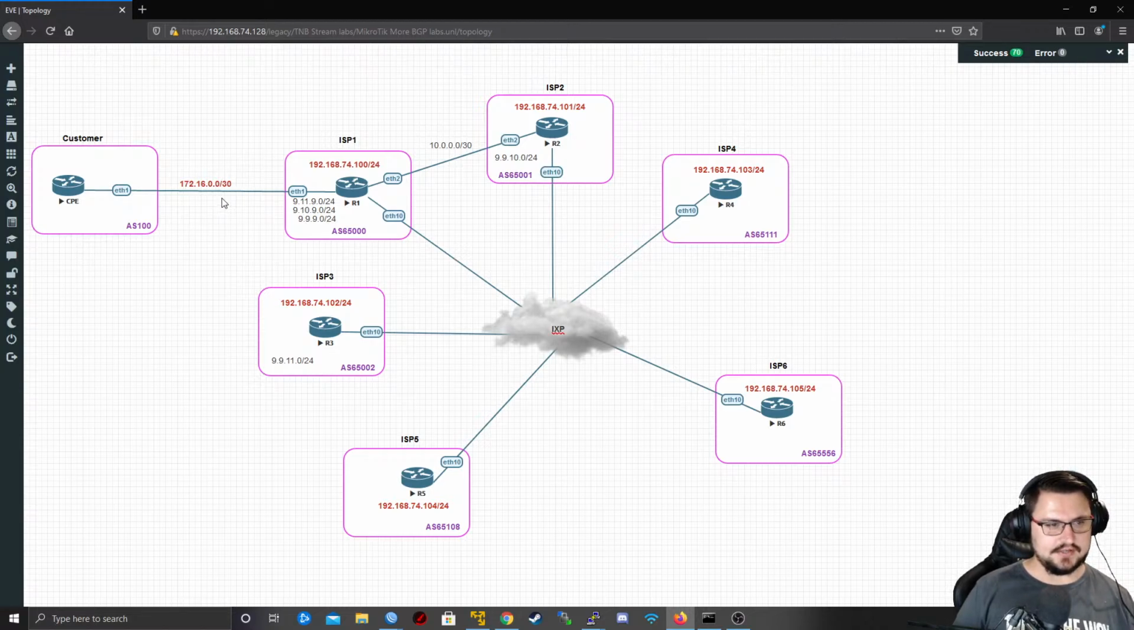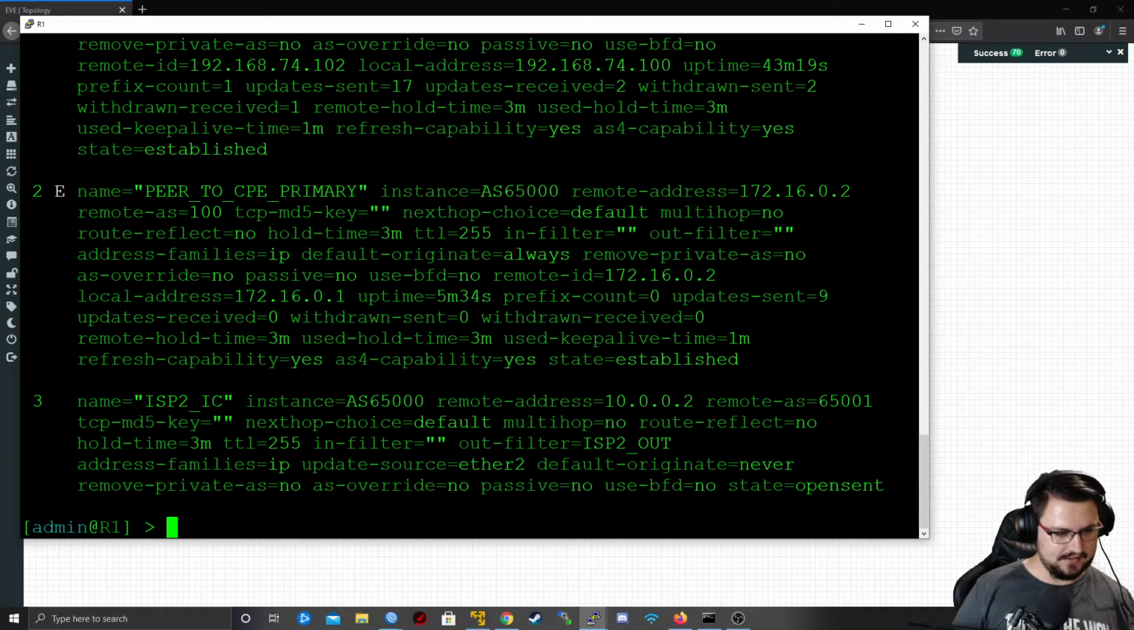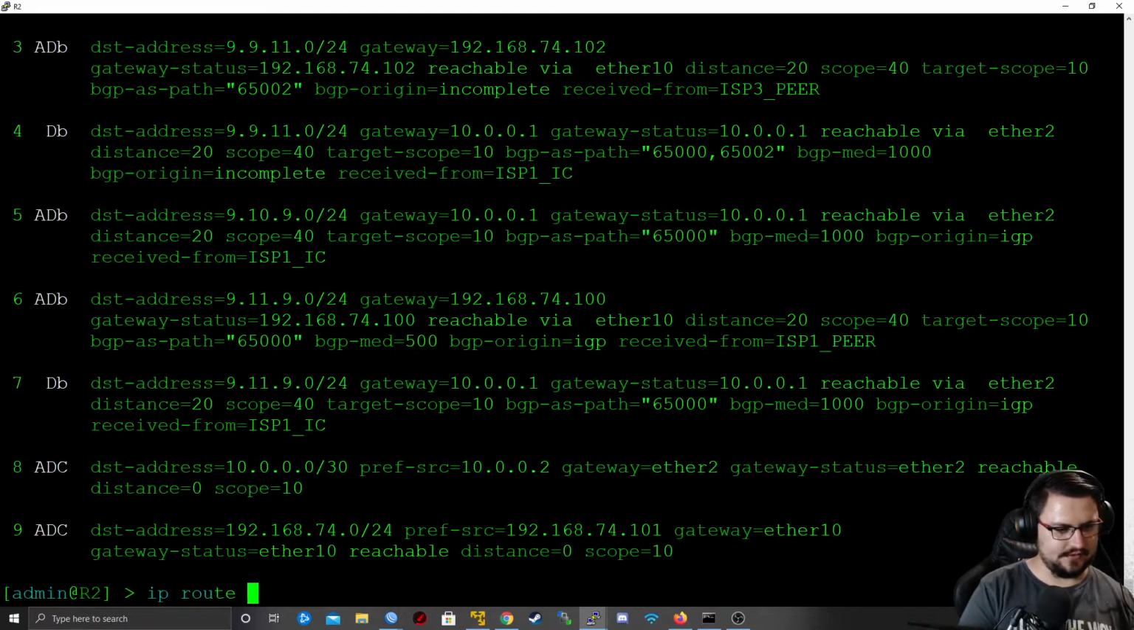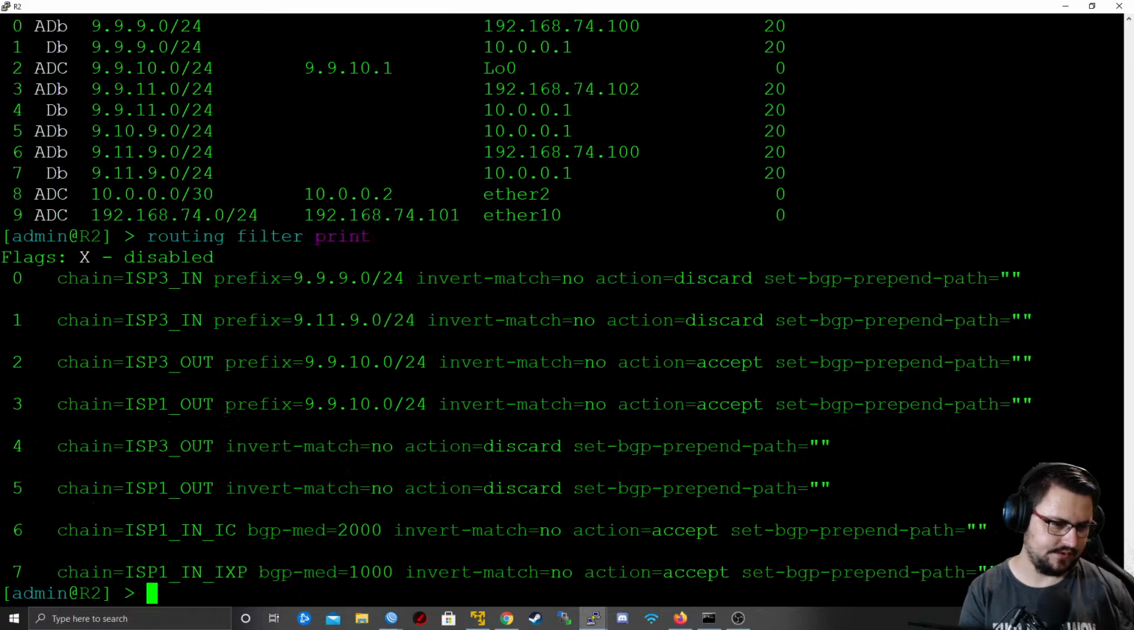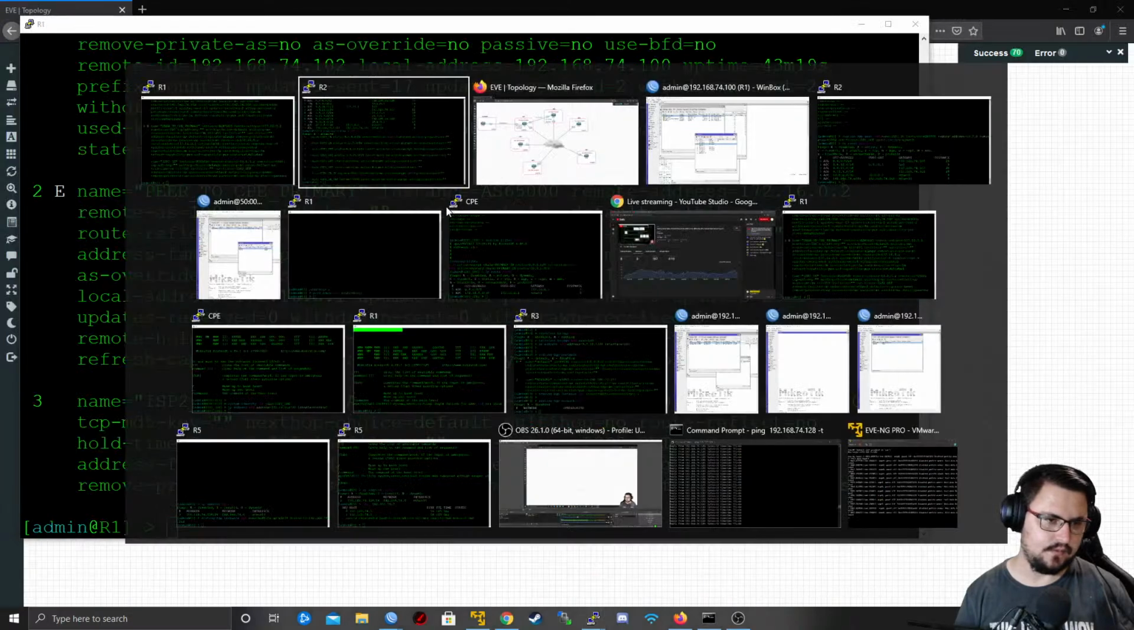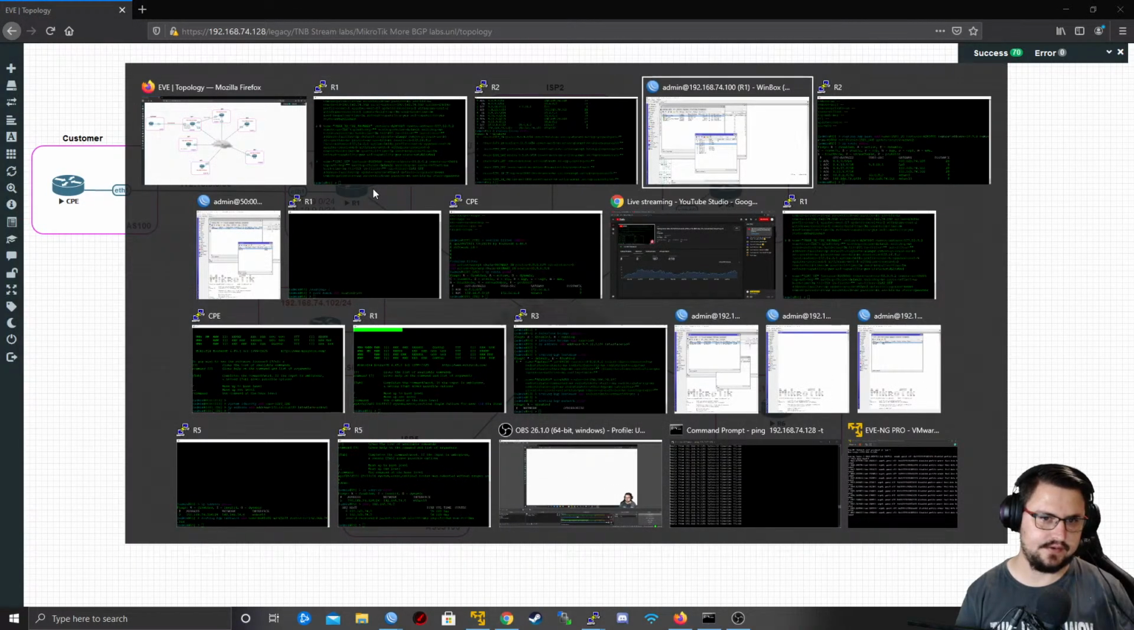172.16.0.0/30, I'm actually quite curious if I am going to learn that route through other devices. Let's just see on router 2, if I do an IP route print. Do I see that? I do not, but I kind of know why I don't see it, and that is because we forced those routes to be dropped in our route filter. So route filter print,